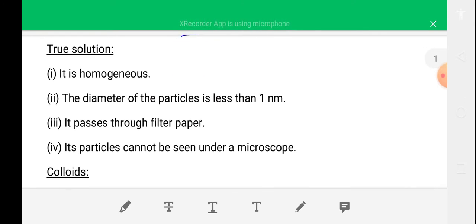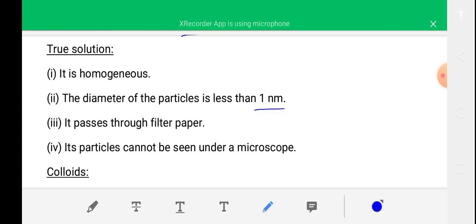True solution. Characteristics of true solution: it is homogeneous, the diameter of particles in a true solution is less than 1 nanometer, particles of a true solution can pass through filter paper easily, and its particles cannot be seen under a microscope. Okay,